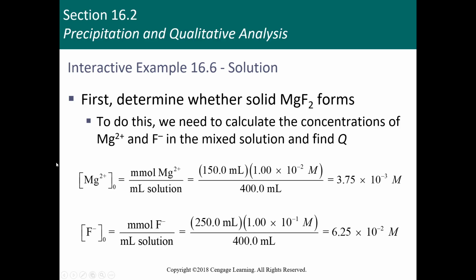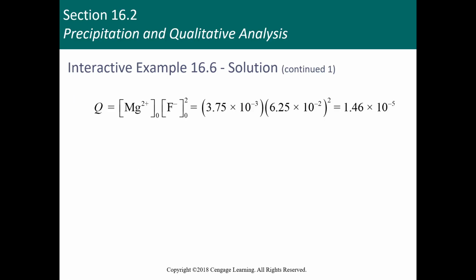Right there is our concentration for F minus. Again, that's just the volume we put in times the concentration over the total volume. All right, now these will be our initial concentrations for our two ions in this equilibrium. Now, we plug those initial concentrations into our expression, which again, where do you get this Mg to the first